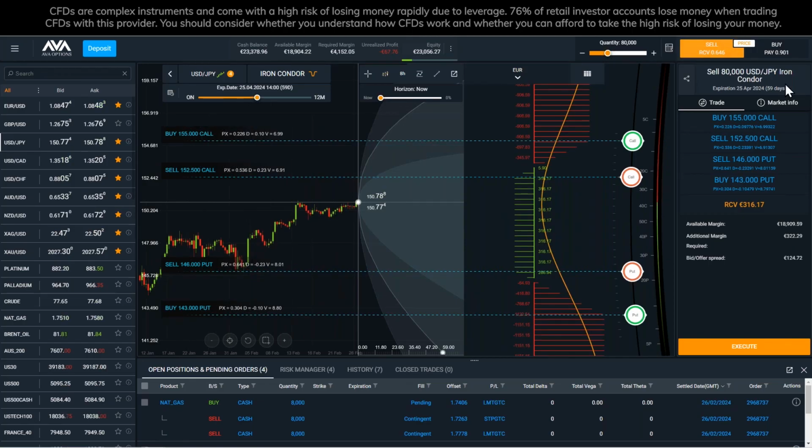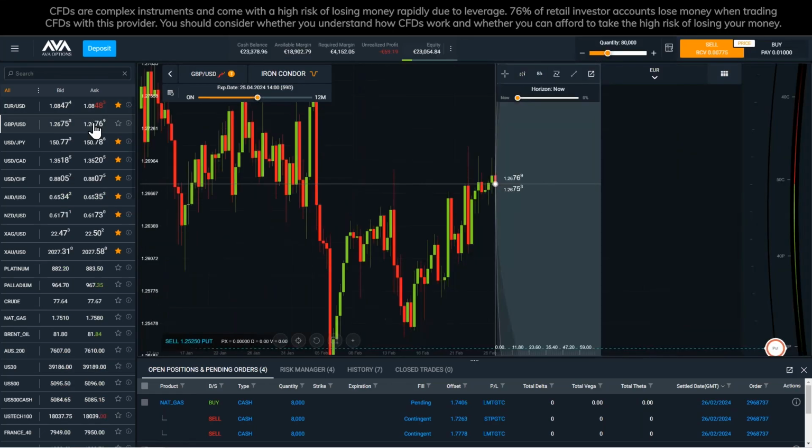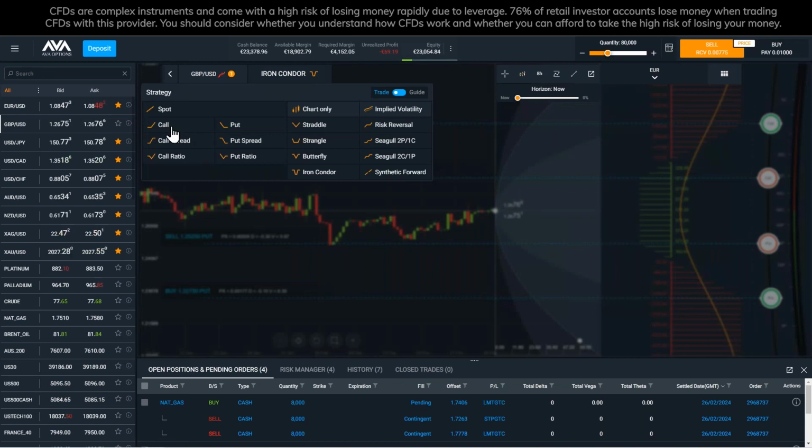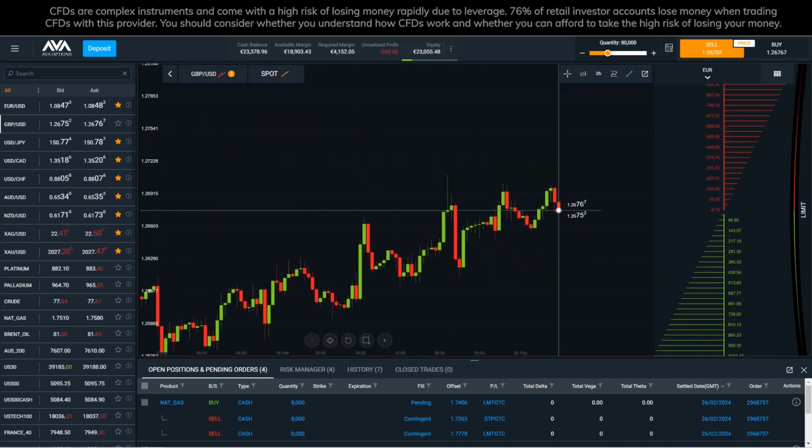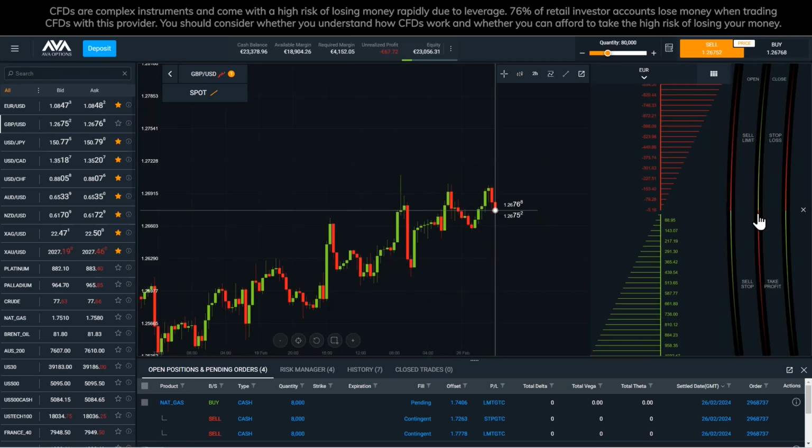Any more questions? Can you buy on a limit order? Let's do a quick one. Let's look at the pound against the dollar. I'll just do a spot trade, for example. Click the word limit. I have 2 lines. We have the opening limit orders and the closing limit orders. So if I put the market here on the opening limit order,